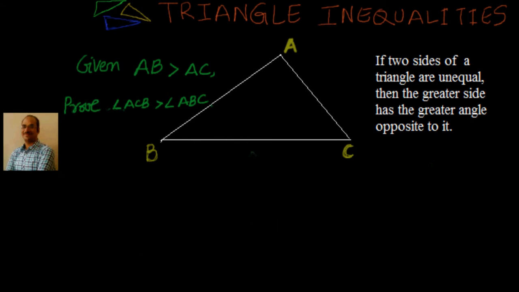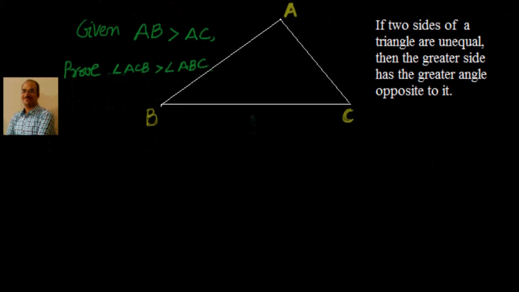Now, we have been given in this triangle that AB is greater than AC. We have to prove that since the length of AB is more, the angle opposite to it should be more than the angle opposite the other side, in this case AC, whose opposite angle is B. So we have been given AB greater than AC. We have to prove angle C is greater than angle B, or angle ACB is greater than angle ABC. Now let's prove this and put it in a two-column proof.